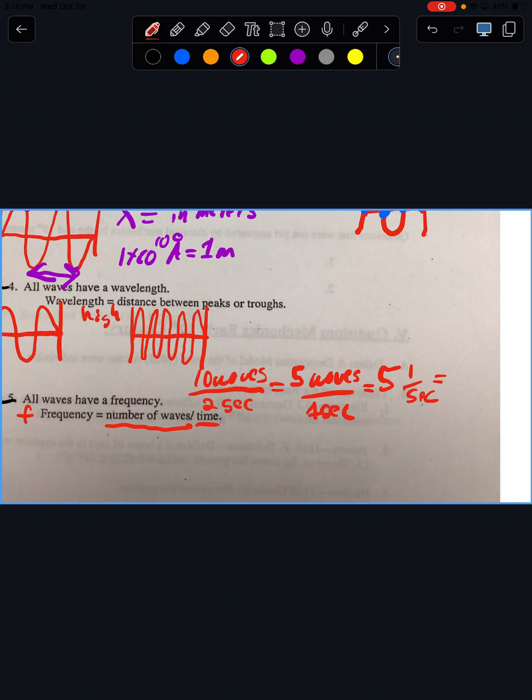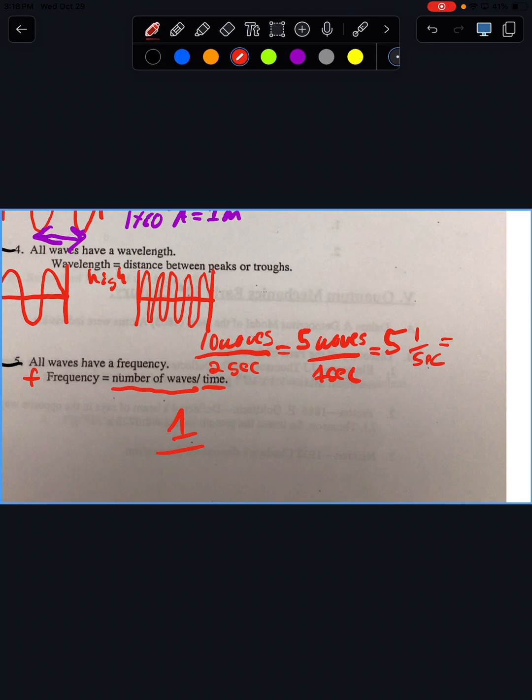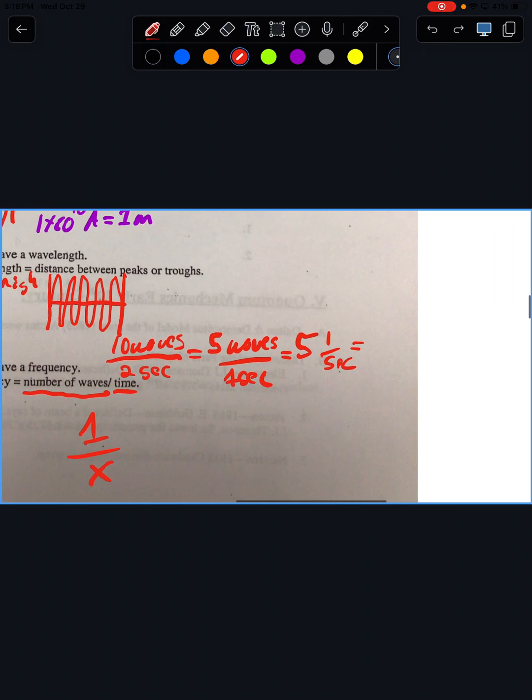Now in math class, what do you call something that it's 1 over? Yeah, it's a fraction. But this is where paying attention to math vocabulary is important. This is called the inverse, or it's also called the reciprocal. So remember those 2 words, because they will typically write frequency as this: seconds to the negative first. It's called a reciprocal second.